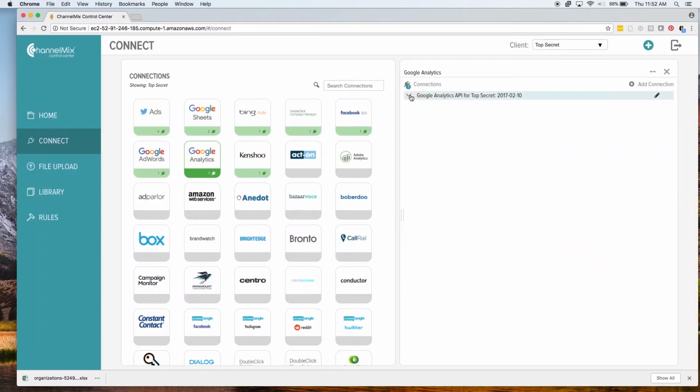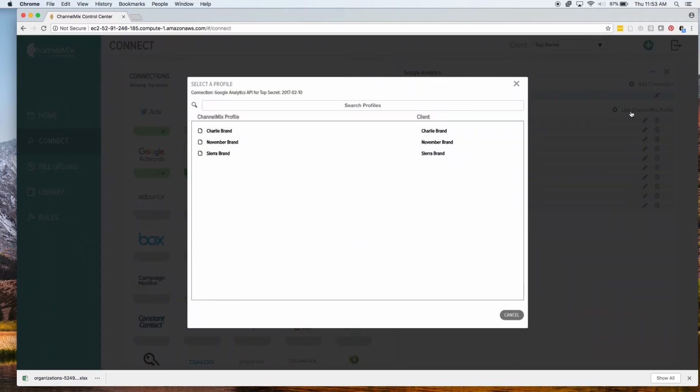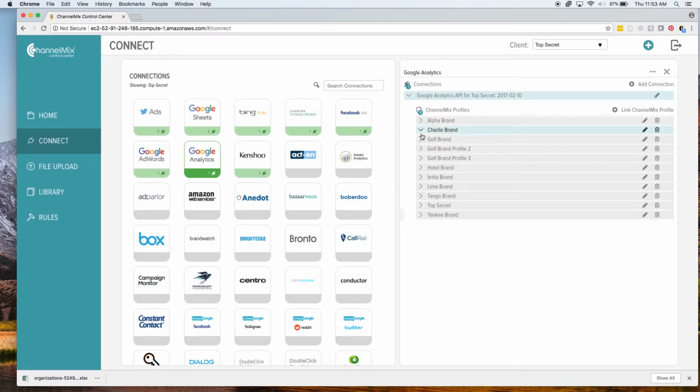And then you can drop down the list here. These are all of the profiles that have already been linked for this Google Analytics connection. If your profile does not exist within this Google Analytics connection, you can click Add Connection, and that'll take you to the Google Analytics authorization form to add a brand new connection. Or if you know, for example, my Charlie brand does reside within this Google Analytics connection, then we can go ahead and do that. So we can select Charlie brand,